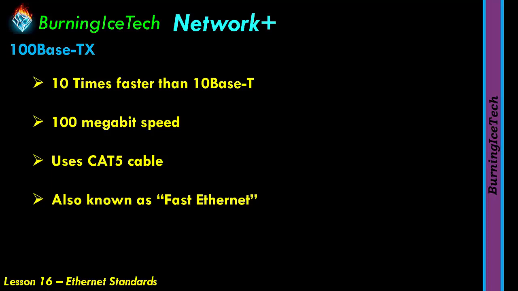So back then when they released Category 5, it was tremendously faster than what came before, which is why they called it Fast Ethernet at the time. So the name still stays. I mean, it's still called Fast Ethernet, even though it's probably one of the slowest cables you get at this point in time. Now, the maximum distance for this cable, as you guys can probably guess, is 100 meters, like